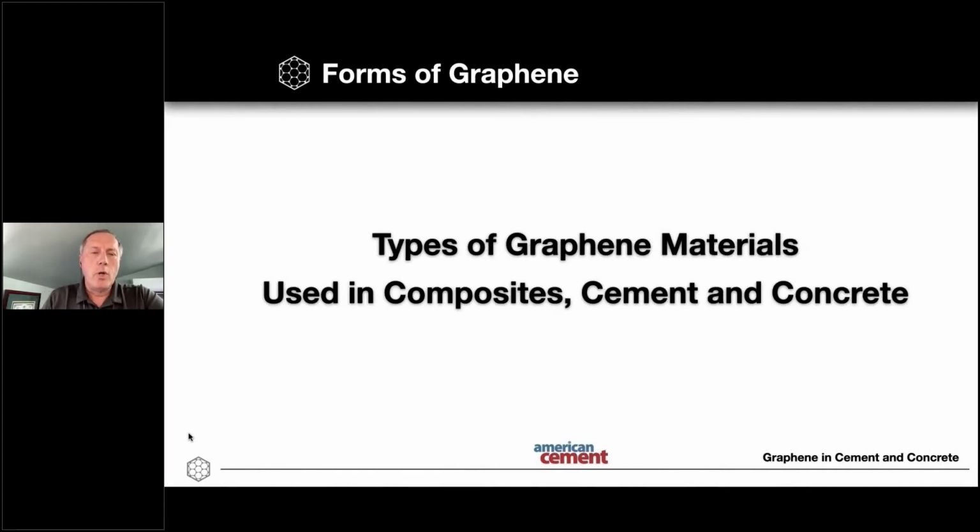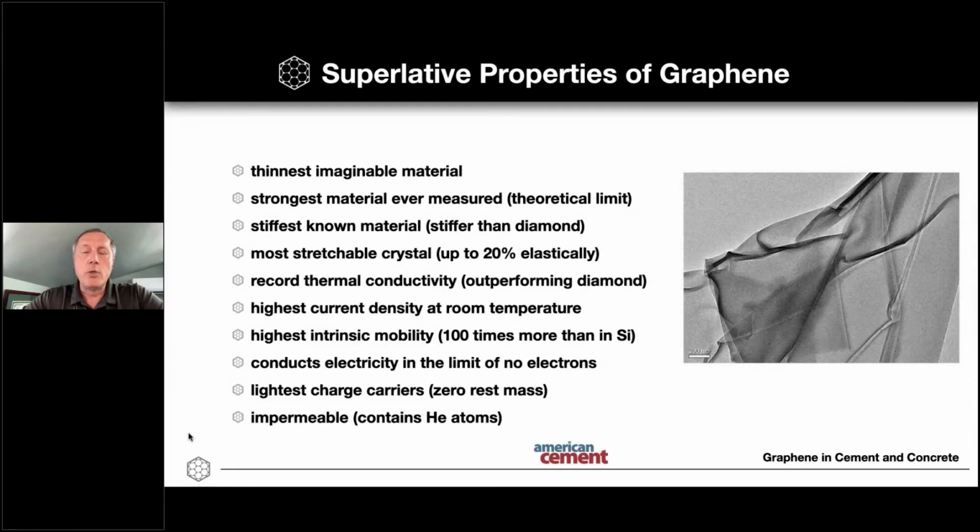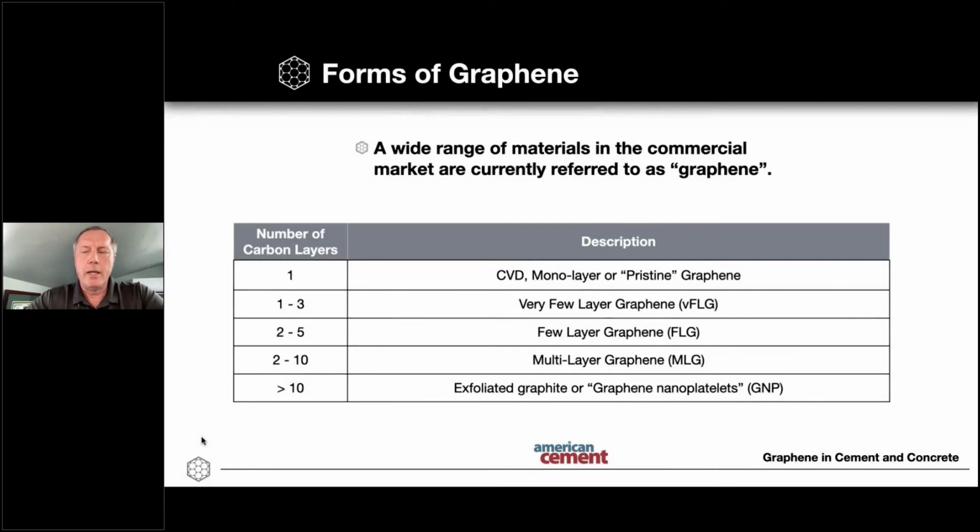So for those of you who don't know what graphene is, it is a two-dimensional, so a single atomic layer of carbon atoms that was discovered or isolated in 2004. The Nobel Prize in Physics was awarded for that discovery in 2010. And at this atomic level, the material behaves differently. You get quantum effects so that it behaves quite differently than the macro form of the material. So it's extremely thin, extremely strong, electrically conductive. It's a 20% flex modulus for a crystal, which is extremely high, very high thermal transport properties. And when it's used then in a host material, it can impart a lot of these attributes to the host